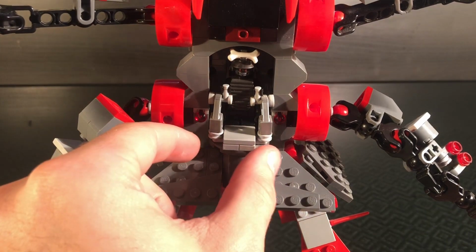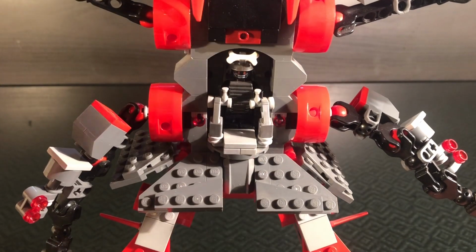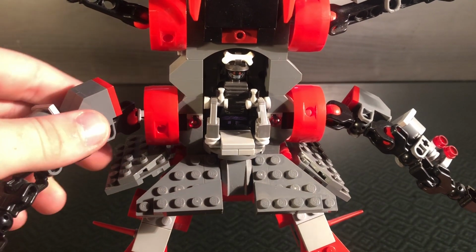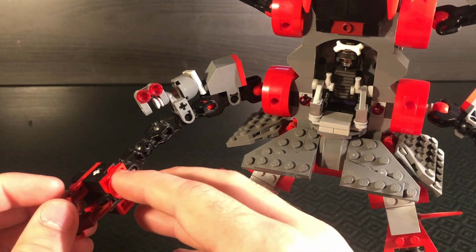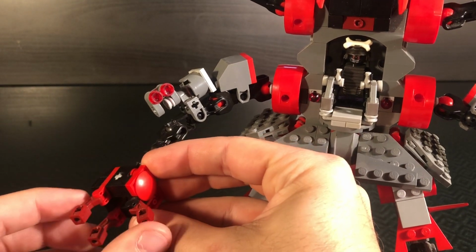You can just basically pull out this circular plate piece, take it out, and put him on and make him hold the handlebars. That's a very simple feature, but it definitely does work. You can see how we have the arms connected by ball joints. We have some details on the arms, like lights and things like that. For the actual hands, we have these little connector pieces right here that just move around so you can grab